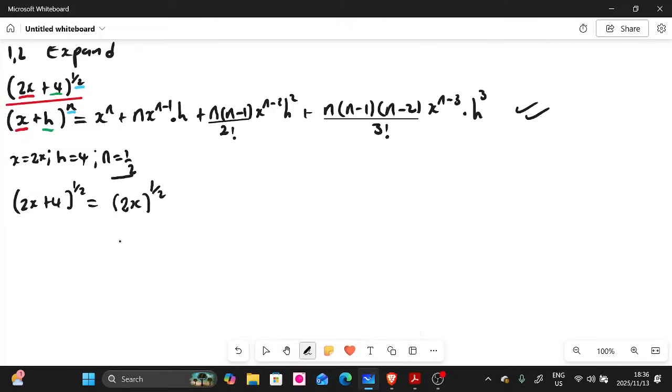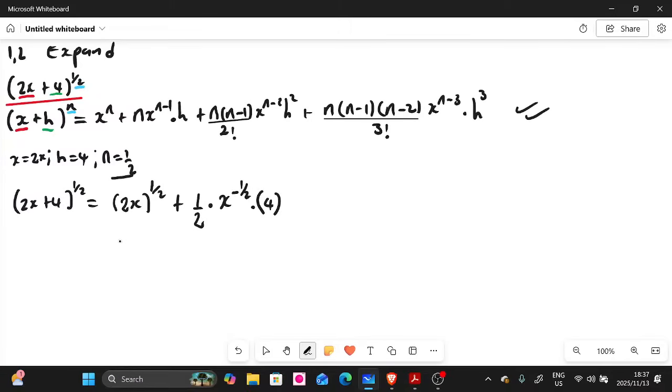And then we go to the second term. The second term, what do we have there? On the second term, we have n multiplied by x to the power of n minus 1 multiplied by h. So our n, we know that n is 1 over 2, multiplied by x. And then we have n minus 1 as exponent. So n here is half, so half minus 1 is going to give us negative half as exponent there. Multiplied by h. What is our h? Remember our h there is actually 4. So don't forget, people also forget h. So you multiply by 4 there. That's our second term.